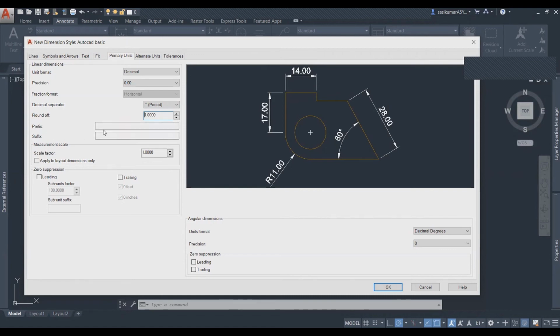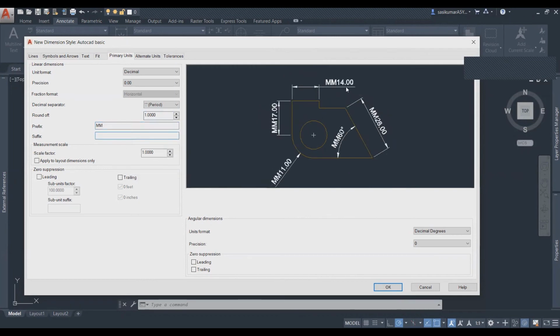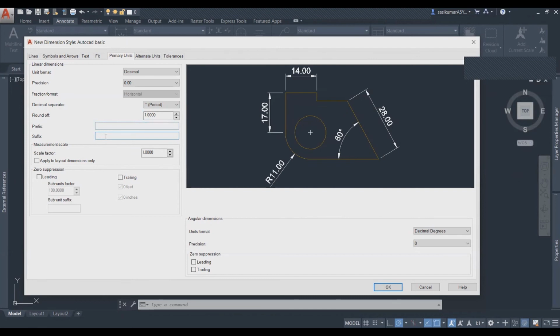Then one more is the prefix. So if you want to create any prefix value, for example, see in my dimension drawing, it is showing that means millimeter, inches, decimal, feet, whatever you want, you can create here. Okay. At the same time, if you don't want to show the prefix, if you want to show the suffix also, you can do that.